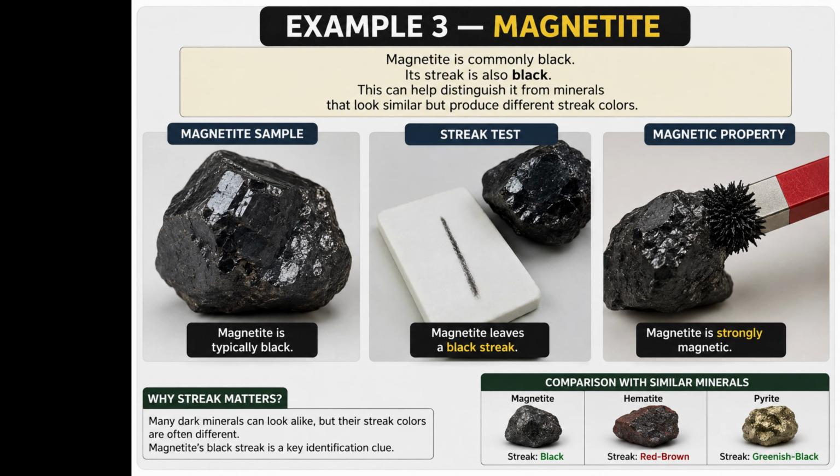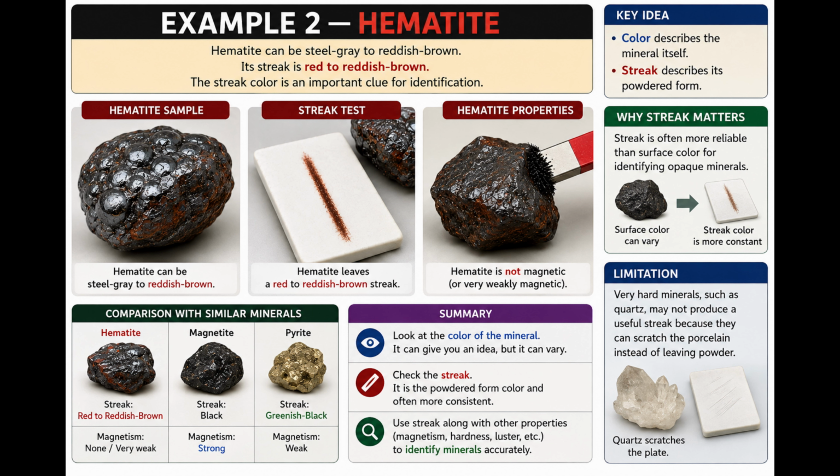This can help distinguish it from minerals that look similar but produce a different streak color. Here is the key idea: color describes the mineral itself, while streak describes its powder form. A streak is often more reliable than surface color for identifying opaque minerals, but there is some limitation. Very hard minerals such as quartz may not produce a useful streak because they can scratch the porcelain instead of leaving